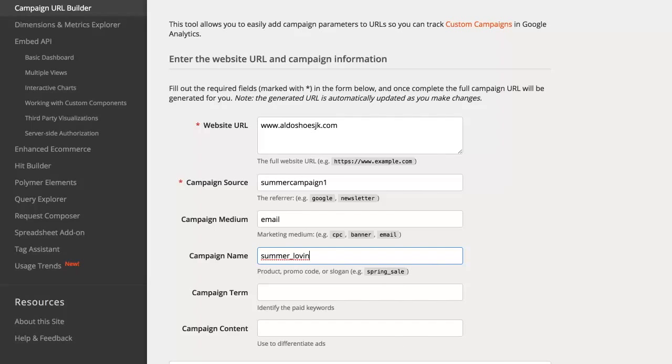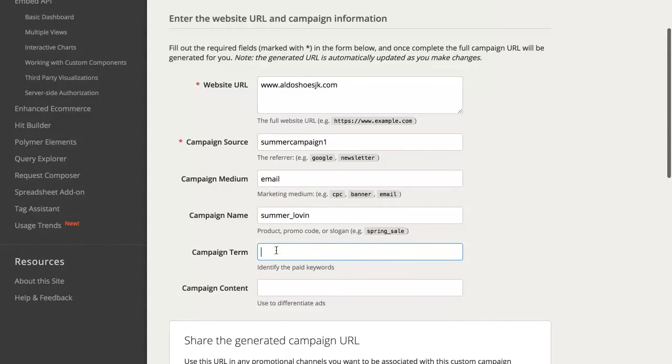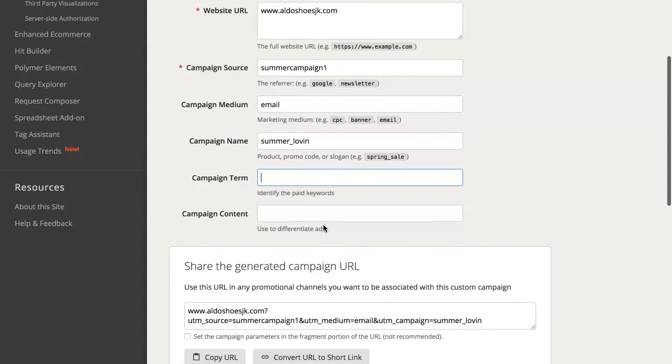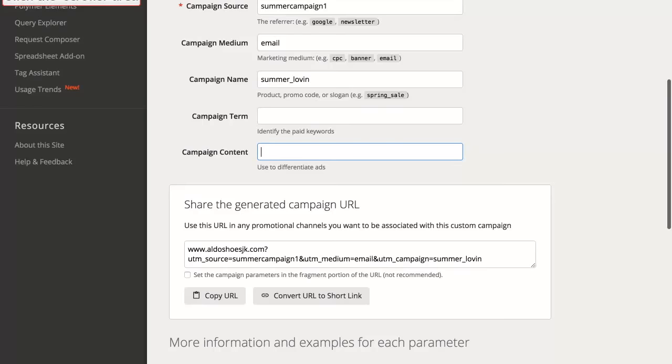So just keep that in mind. You would be setting each of these individual indicators to understand where the traffic was coming from. In this case, we're not working with paid search, so we wouldn't put anything here. And if we needed to continue to differentiate the links, then we can add another layer here for campaign content. Then you're provided with this link at the bottom here that you can use in your email campaign, or convert